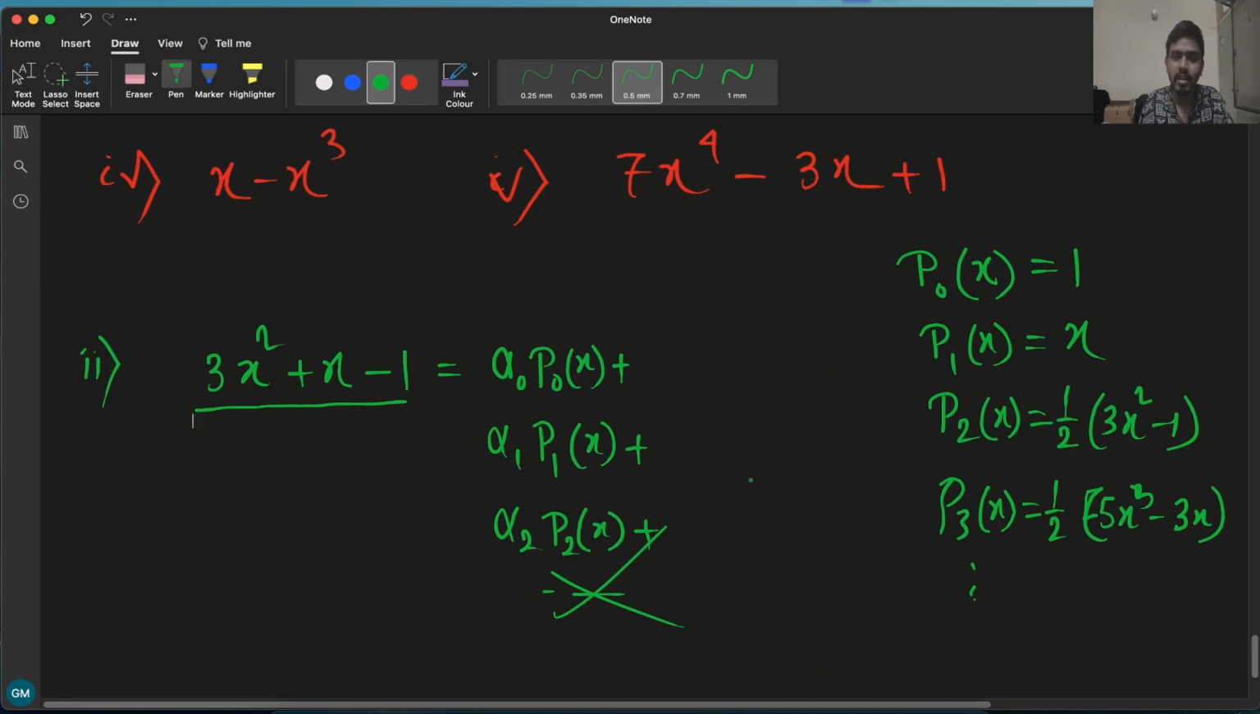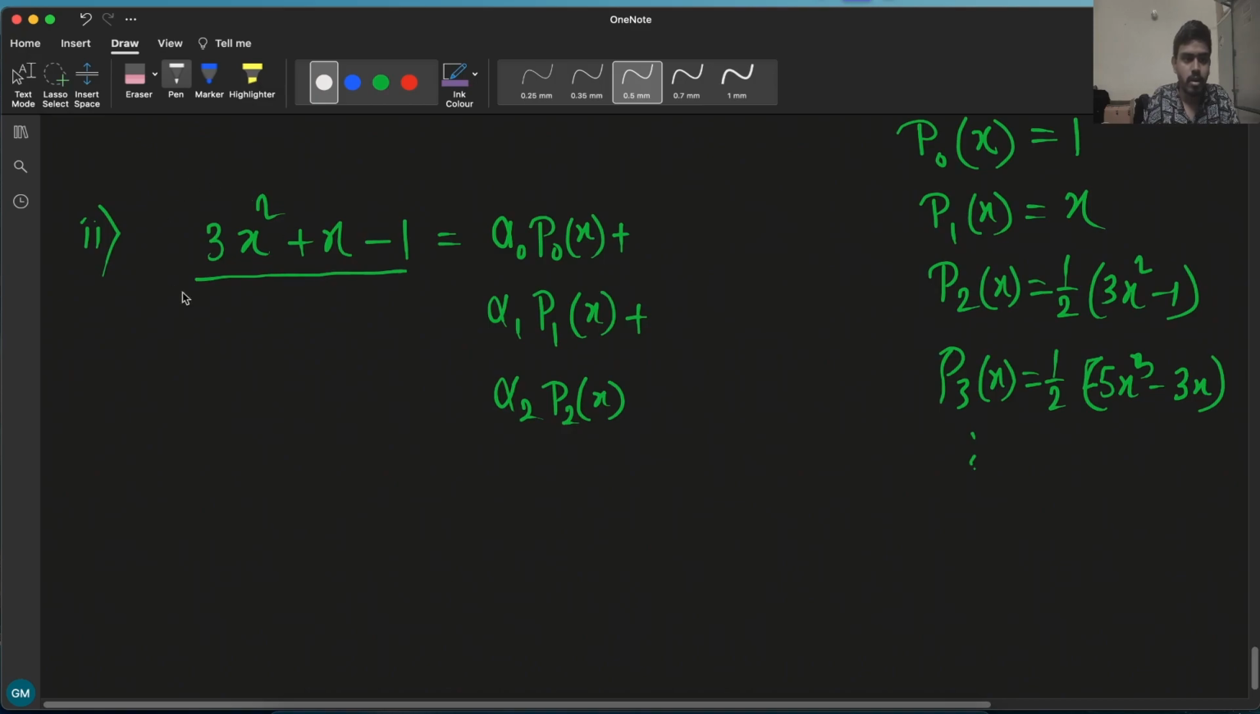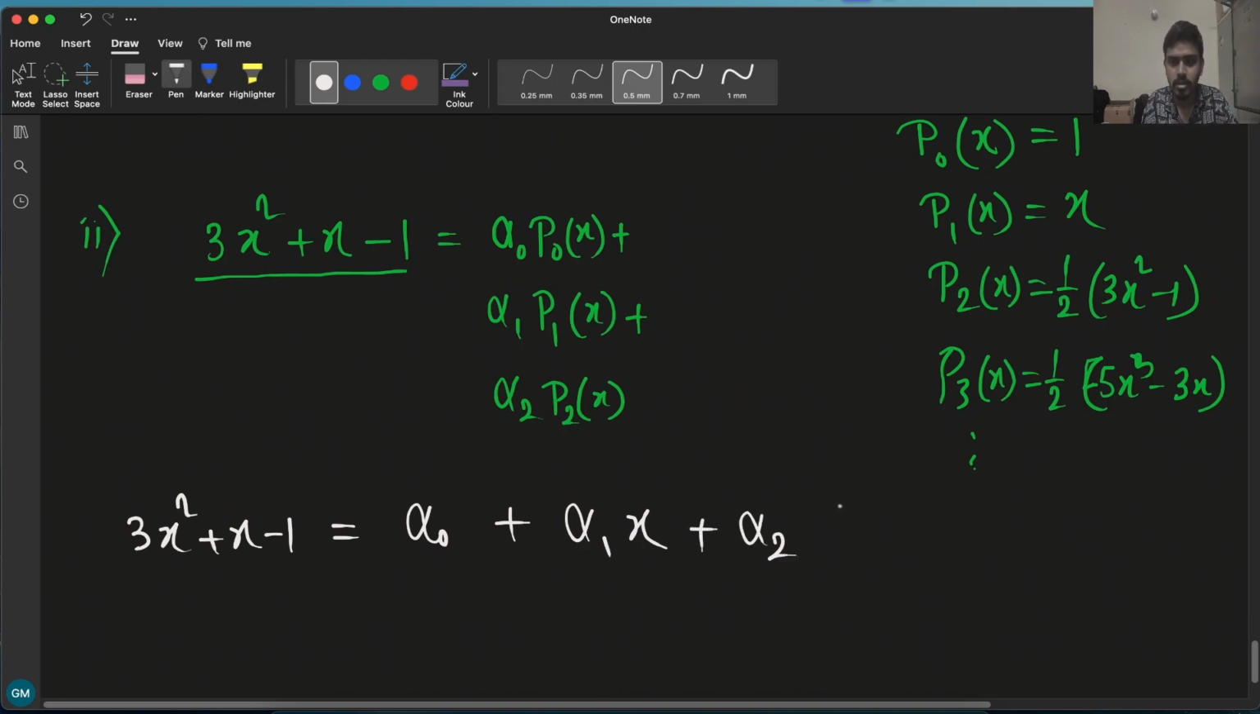And then take the linear combination of all the Legendre polynomials which are less indexed, or which have lower power than this one. Now if I do that, then basically 3x² + x - 1 equals alpha 0 p0(x), which is 1, plus alpha 1 x, plus alpha 2 p2(x), which is half of (3x² - 1),